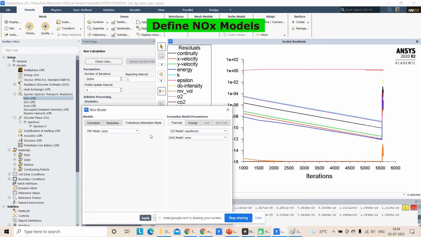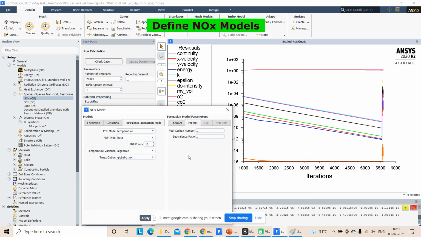Here is a turbulence interaction module. You can use the temperature as a single variable approach or a two variable approach. For a single variable approach, you have to use the temperature. The temperature follows a beta distribution curve, and based on the maximum temperature, it calculates the NOx. And the approach can use the equilibrium or partial equilibrium for the O and OH approach; these are some radicals. They use chemical equilibrium or non-chemical equilibrium. That approach you can use.